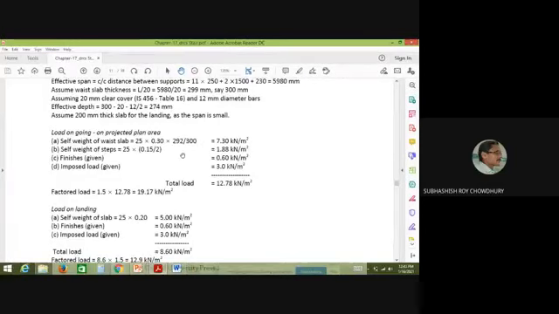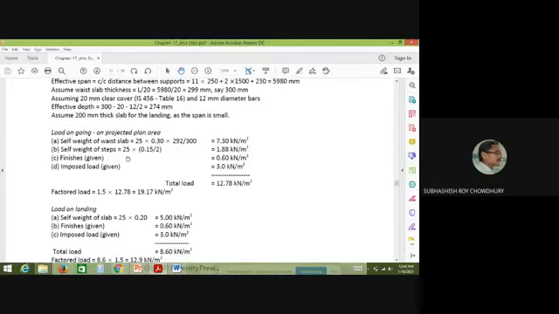If it is a normal horizontal slab, whatever the thickness, you will consider 0.3 into 25. In case of an inclined slab, it will not be less, it will be higher than this one. So it should be 300 by 292. Though I will share this document, please try to remember that it should be 300 by 292. You may check whether it is correctly calculated or not. If it is not, then you should calculate it correctly. It should be 300 by 292 multiplied by this.